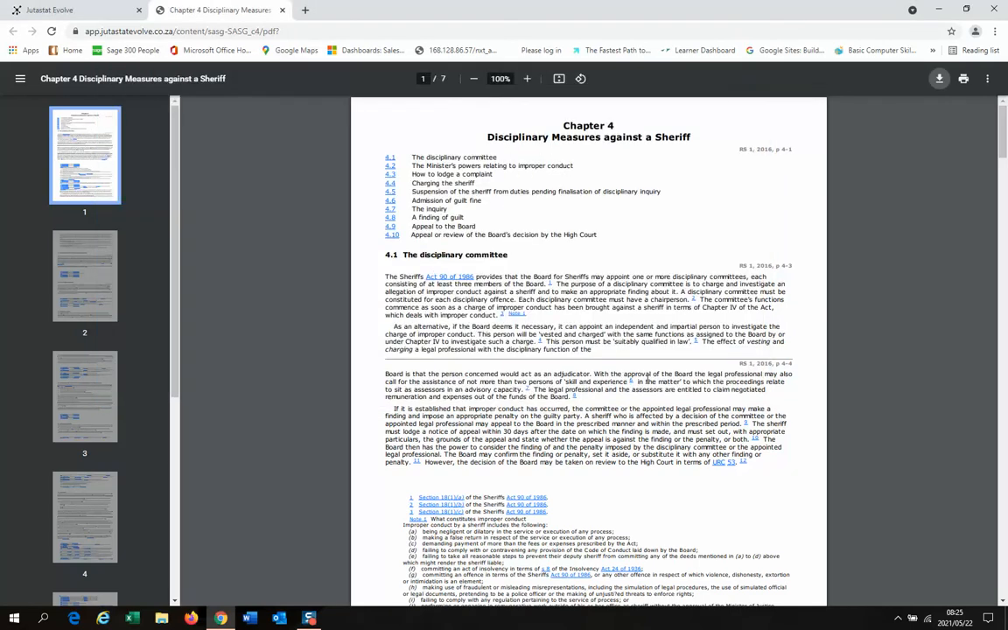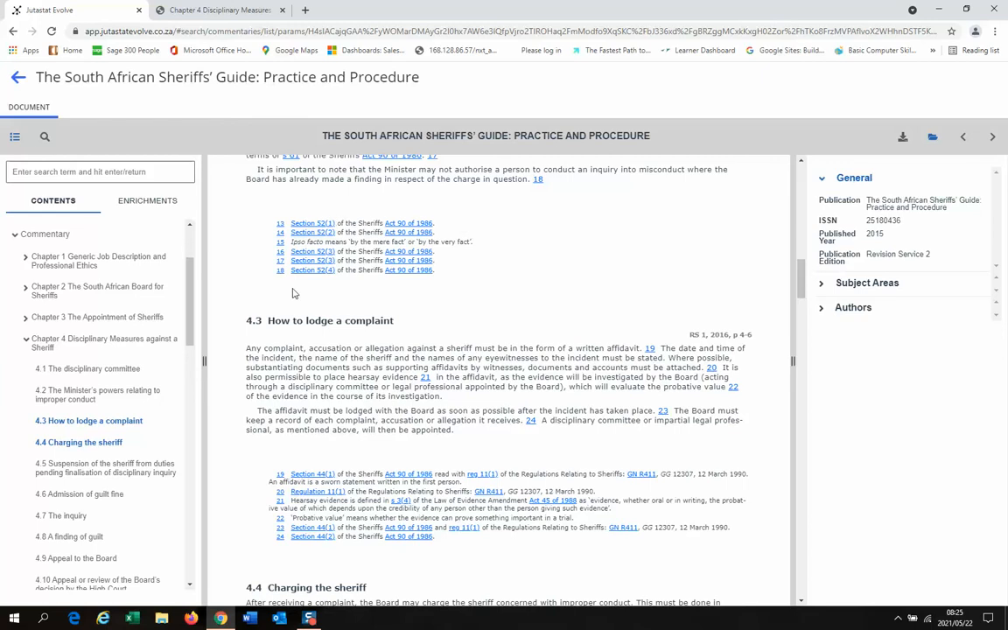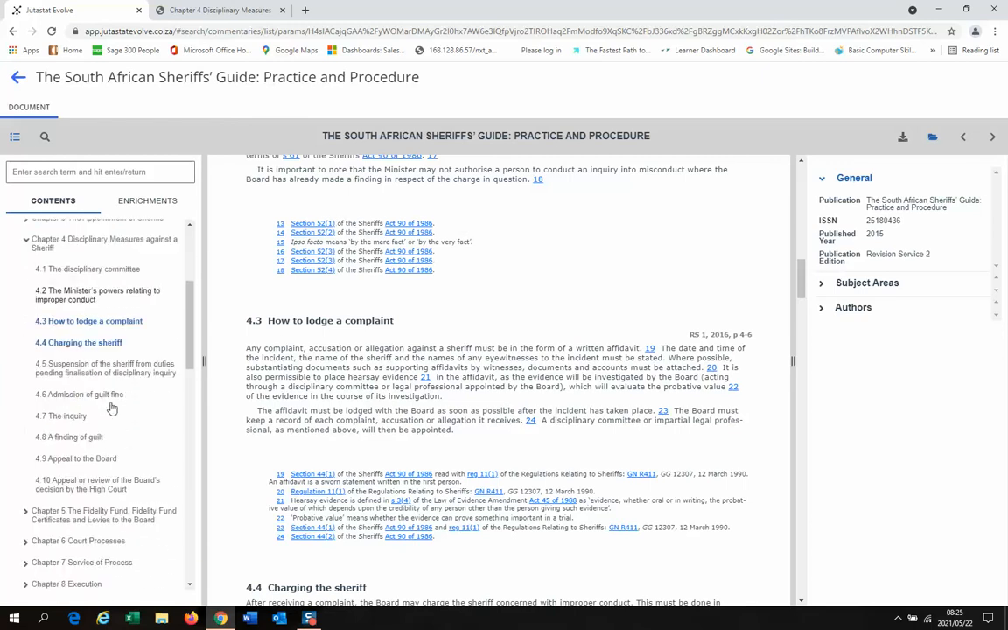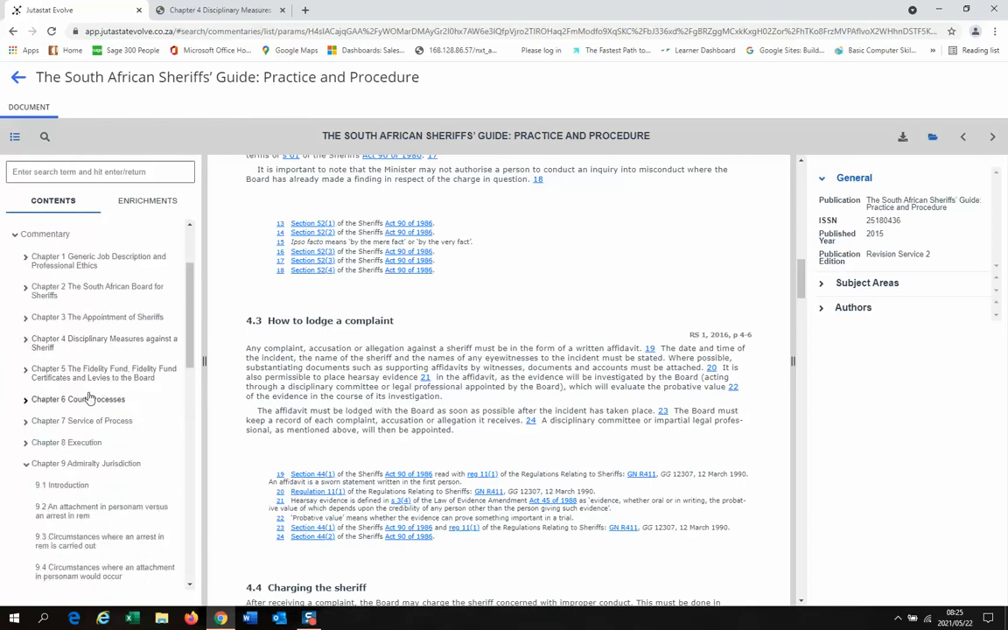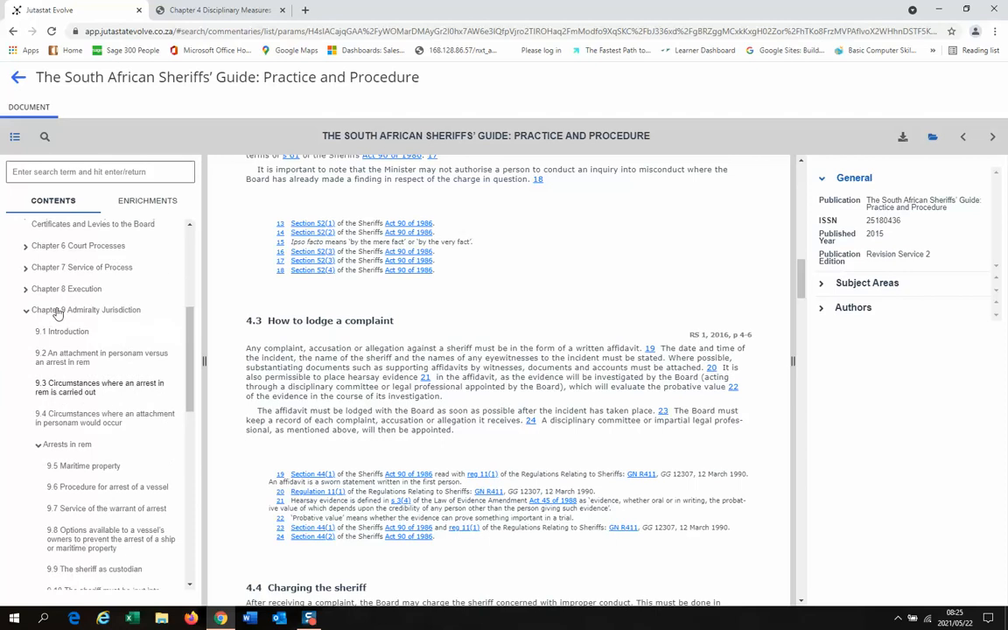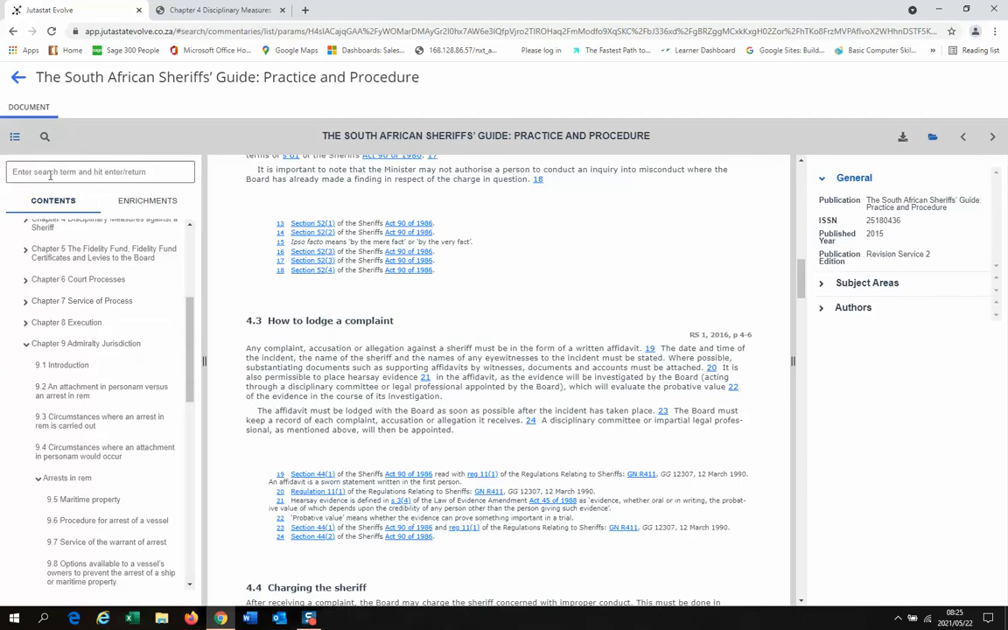location on your computer. So that is a very quick workaround on using the JutaStat Evolve system, and then specifically navigating the Sheriff's Guide, bookmarking the Sheriff's Guide, and finding various content through using the search field in the top